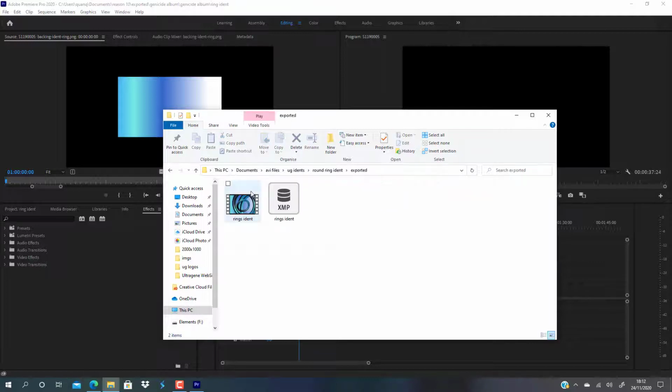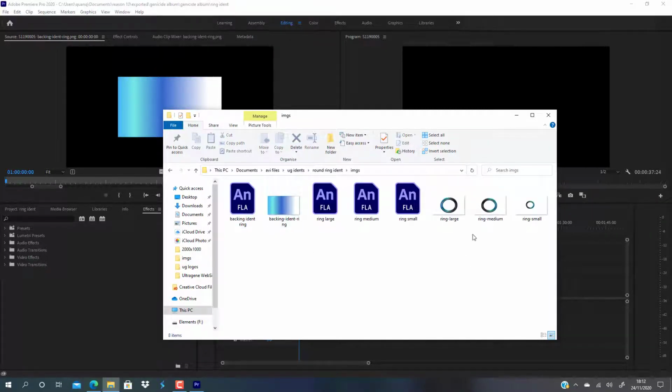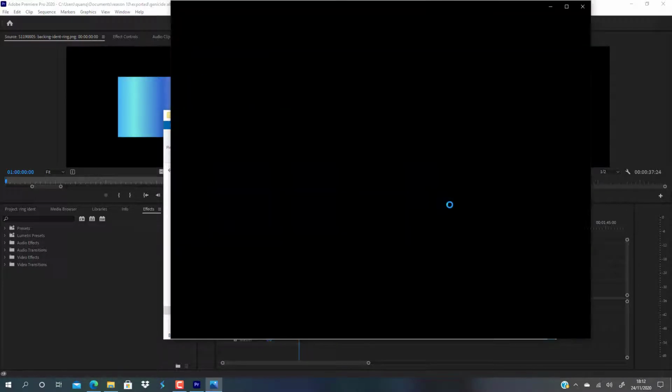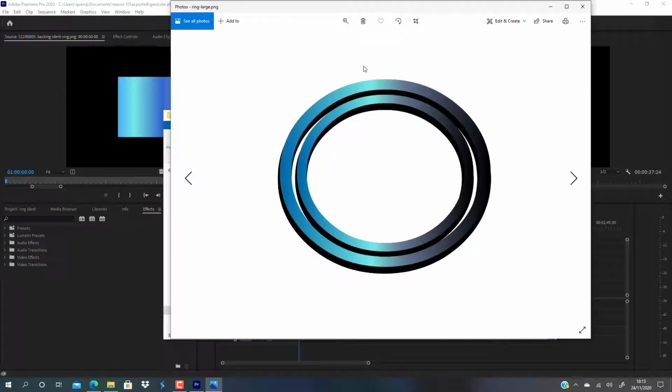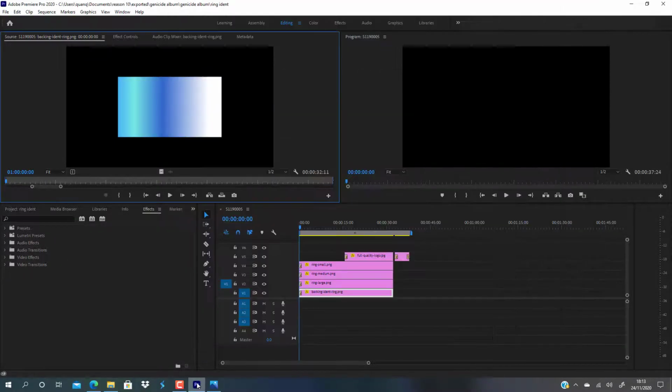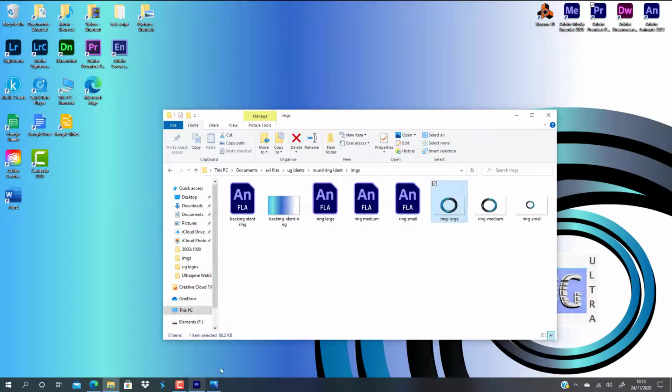So this is what I've exported according to Adobe Animate. So what I've done is I've created this circle using Adobe Animate,